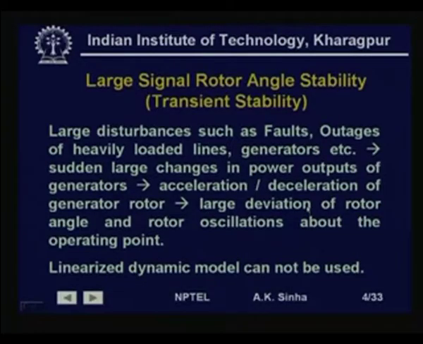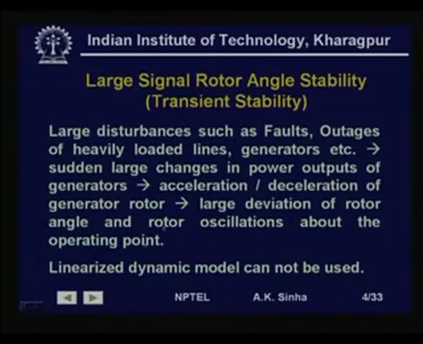of the turbine generator system will cause large deviation in the rotor angles, and this large deviation of rotor angle and rotor oscillations about the operating point take place in such a situation. Since this excursion of rotor angle delta is large, we can no longer use the linearized analysis that we did for the small signal case. That is, when we talked about small disturbances, there we had linearized the system equations about the operating point and carried out a linear system analysis to study the dynamics of the system. Here this is not possible because